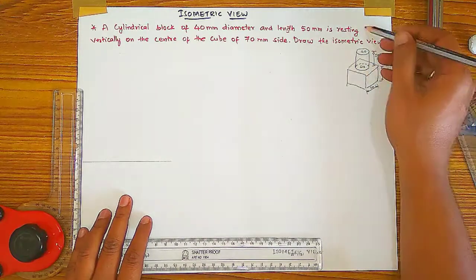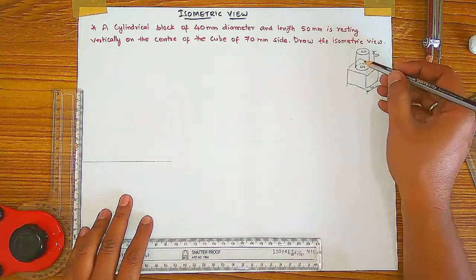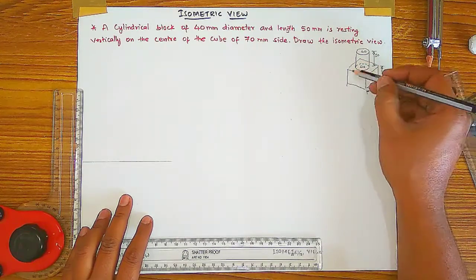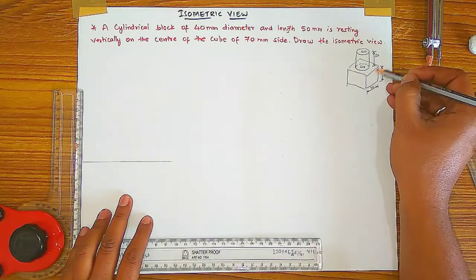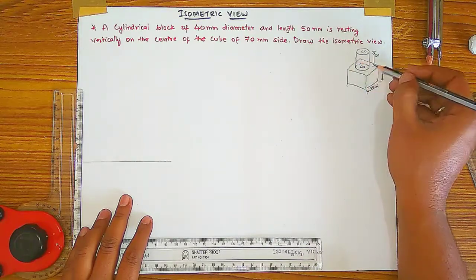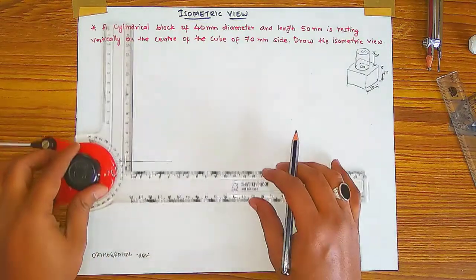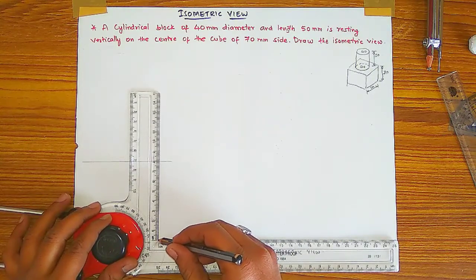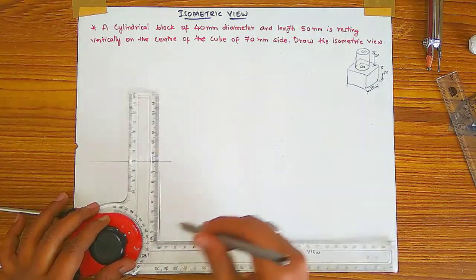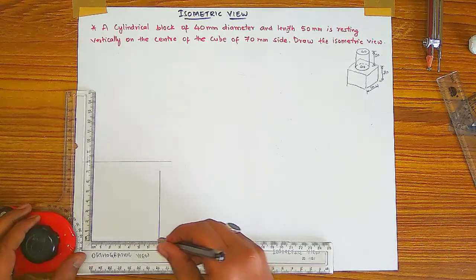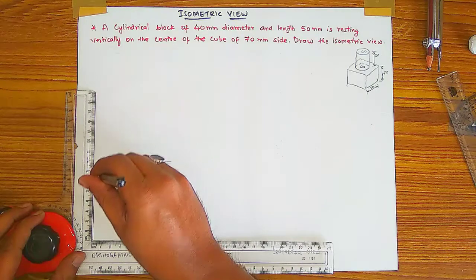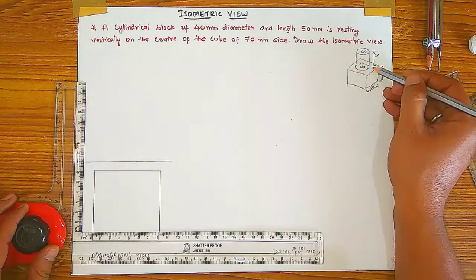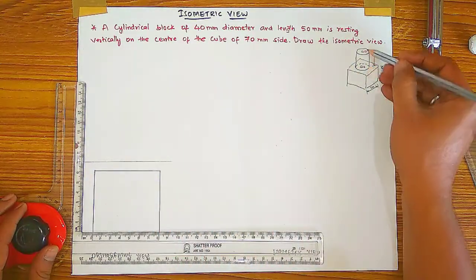So you have to see this figure from the top. If you see this figure from the top, the cube will look like a square. So you have to draw here a square of 70 mm, because the cube has a 70 mm side. Okay, this cube is visible like a square, so I have drawn it, and on this center only your cylinder is